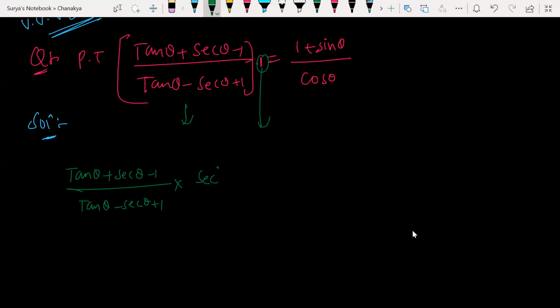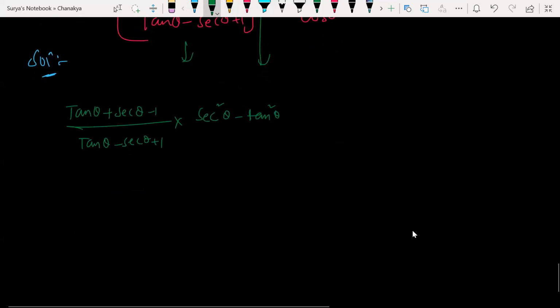Into secant square theta minus tan square theta. Yeah. What can I do here? Tan theta, because that is the formula for tan square. Yes. So